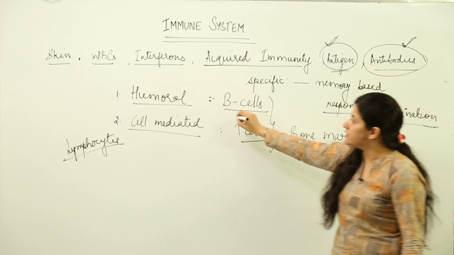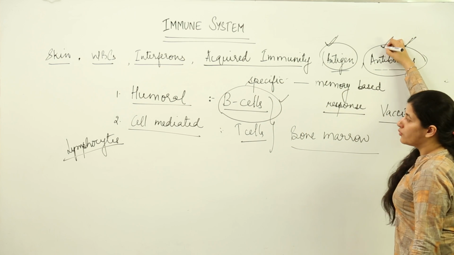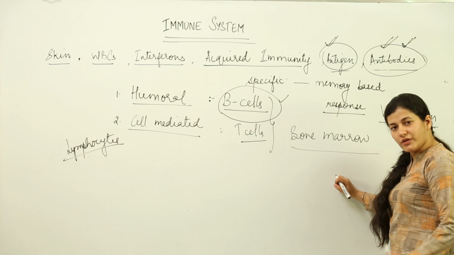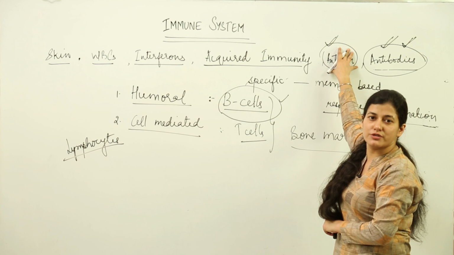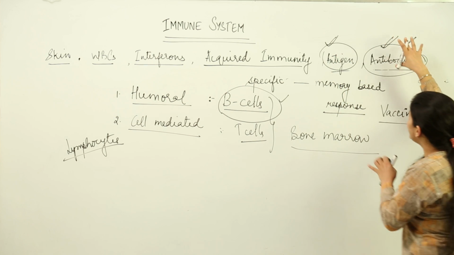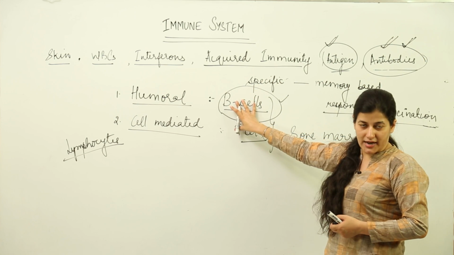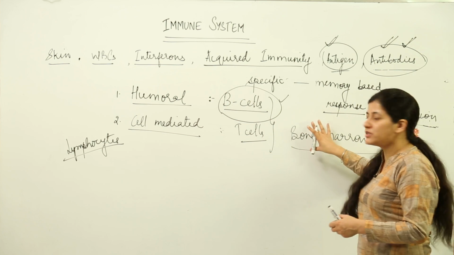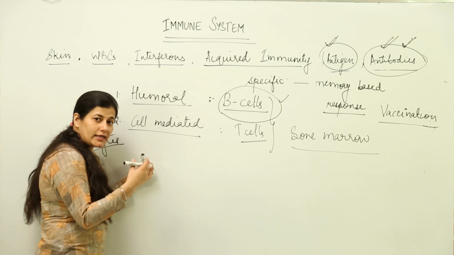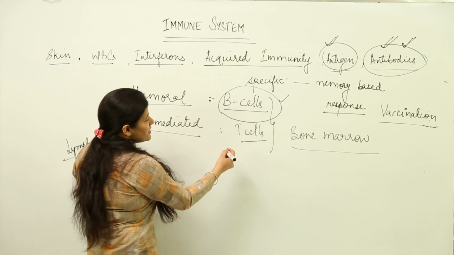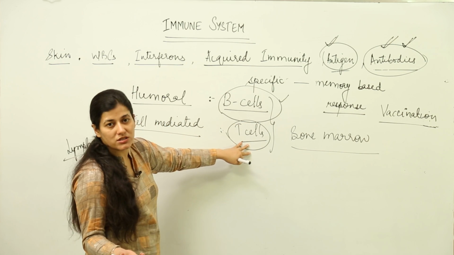Alright, these B cells are the cells which are going to produce the antibodies or the immunoglobulins. In the acquired immunity, we see that the antigen brings about a memory based response, where the antibodies are produced. Now, who produces those antibodies? The B cells produce antibodies. The cells are produced in the bone marrow, and then they are transferred to different lymphoid organs like the thymus or spleen for their maturation. The T cells move to the thymus and are matured over there, and these T cells are responsible for